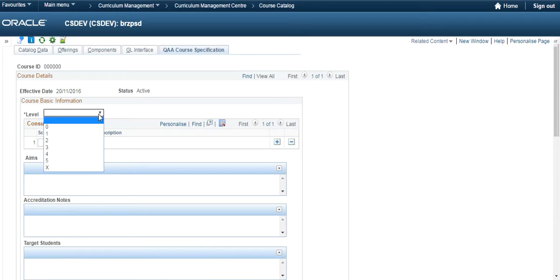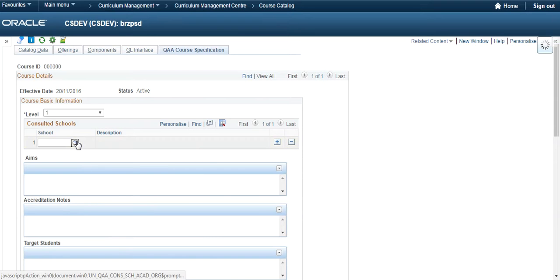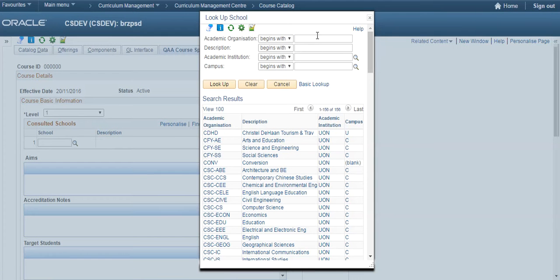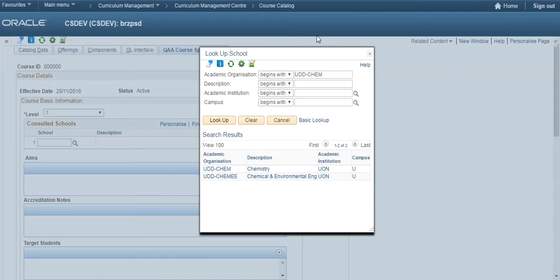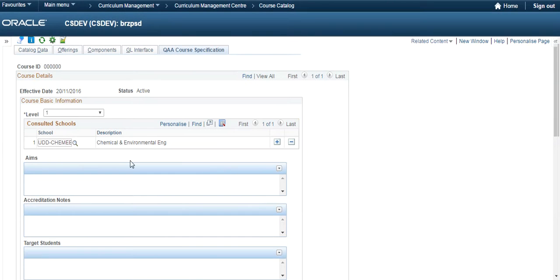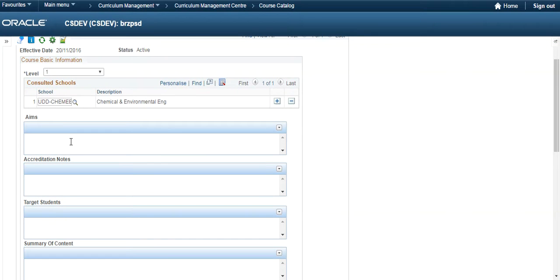So first of all, we have level. So we've already recorded this in our catalogue number, but we're going to stick it in anyway. Consulted schools, which schools did we have a chat with when working this, agreeing this course? So I'm going to put UDD, which is Chemical and Environmental Engineering. Okay, so they also taught to that school. So the aims of the course,